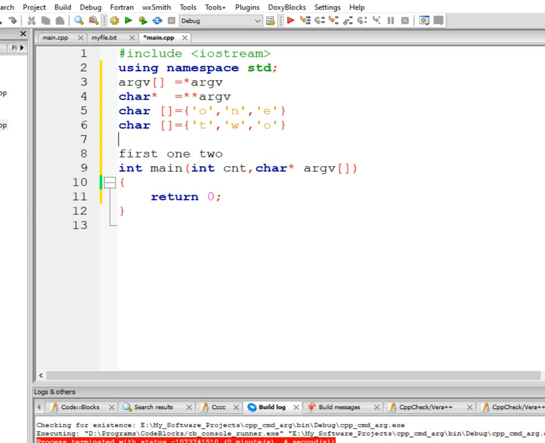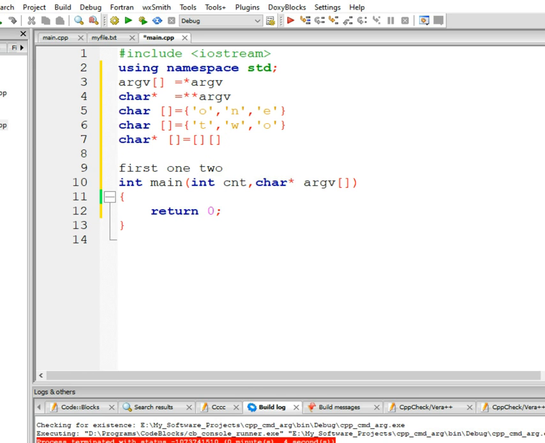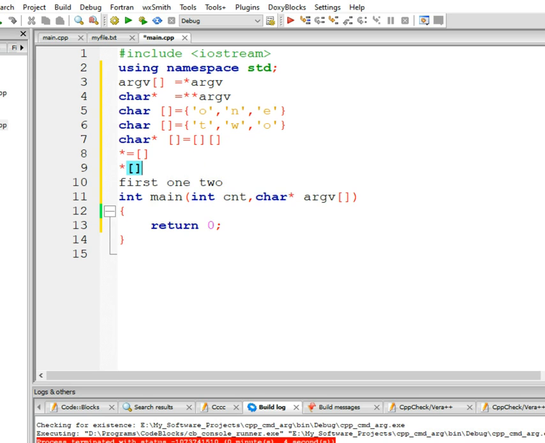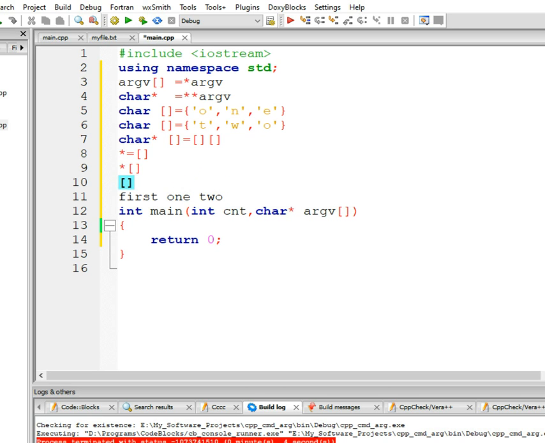So what one can do is have a character pointer, char star, and this char star is going to keep the address of an array. So this line is decoded as array of arrays, because star represents an address, and an array also represents an address, so star and the array together mean array of arrays.